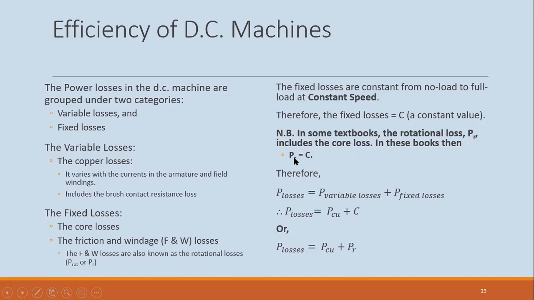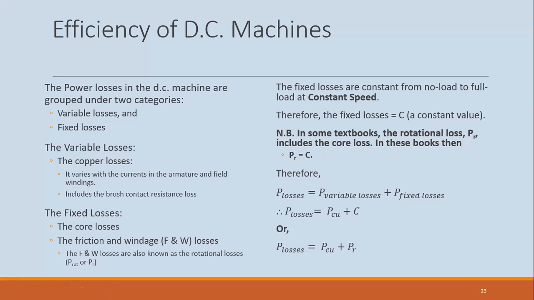In some other books, because friction and windage occurs because of rotation, they are called rotational losses. And in some of those books, they also include the core loss as part of the rotational loss. Right? Since it's constant,